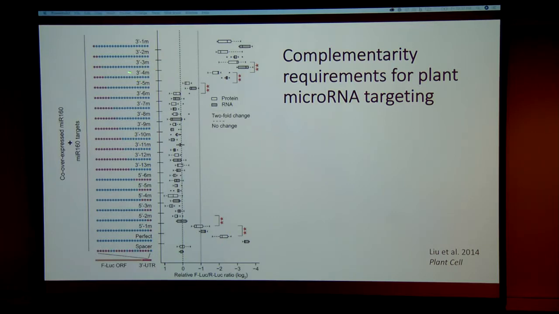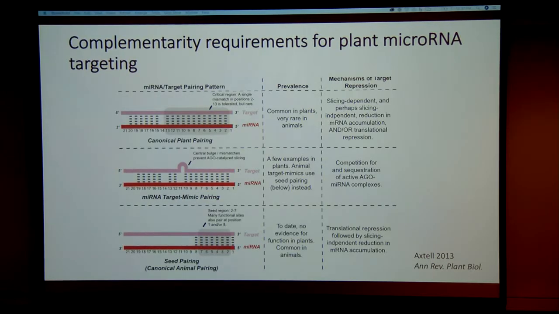That is, you can get up to 4 consecutive mismatches at the 3' end, and it works pretty good. If you get even 1 mismatch at the 5', it kills it most of the way. In 2 mismatches, you're done. So there's a difference in the site specificity of this. And through a bunch of assays that I won't take the time to show you, we really have this sort